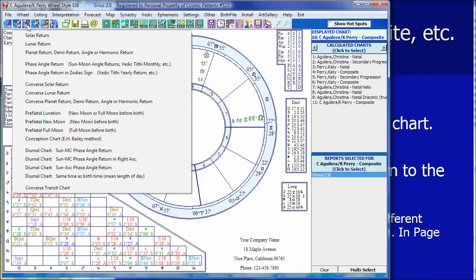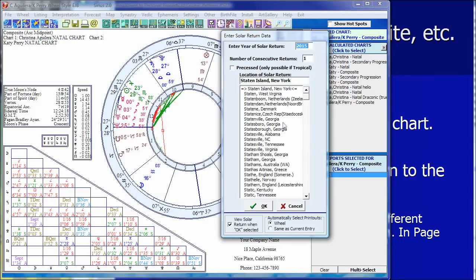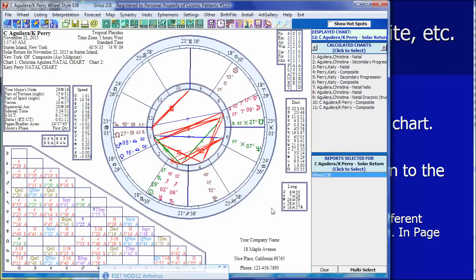I'll select a return, a solar return. It tells me again that I'm not doing this to a natal chart. Let's do it for this year. Now, where is their composite sun? It's 29 Scorpio 37. So it should find the solar return when the sun is at 29 Scorpio 37. Let's see if Sirius is smart. The Sirius software is smart enough to do it. 29 Scorpio 37. I click OK, and